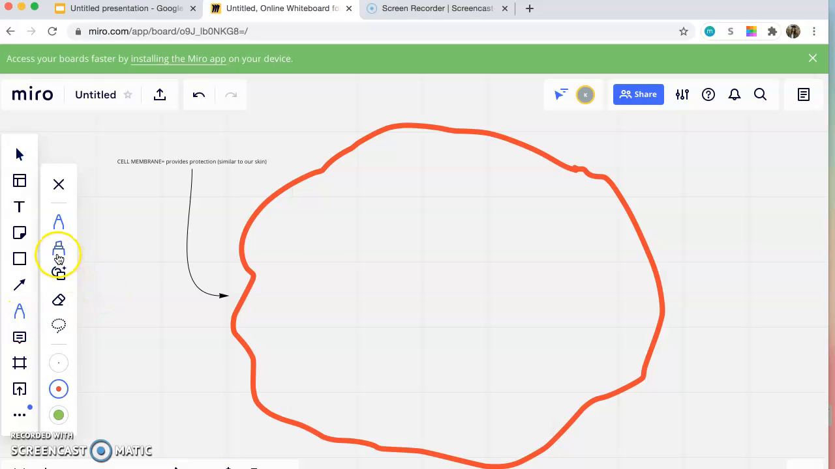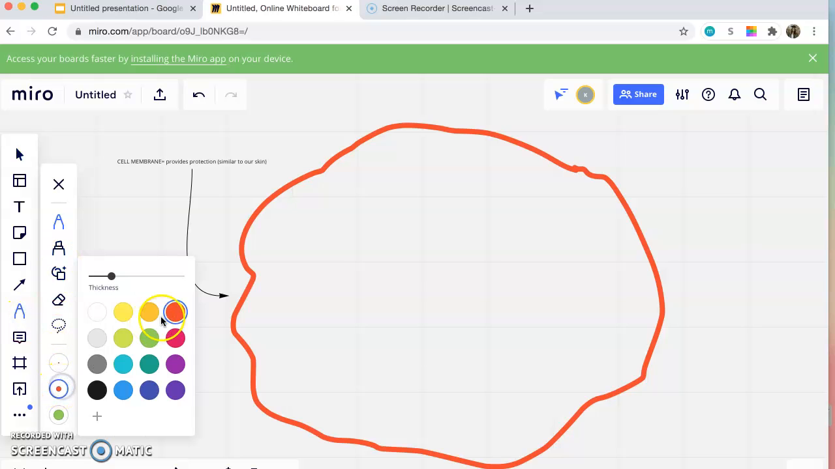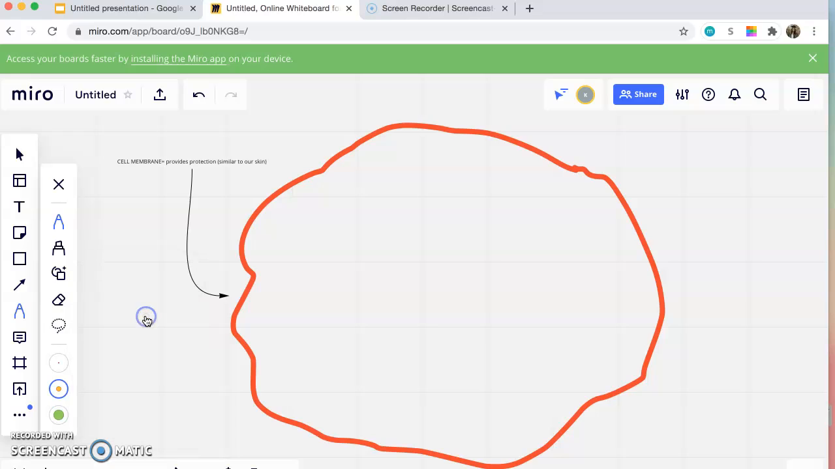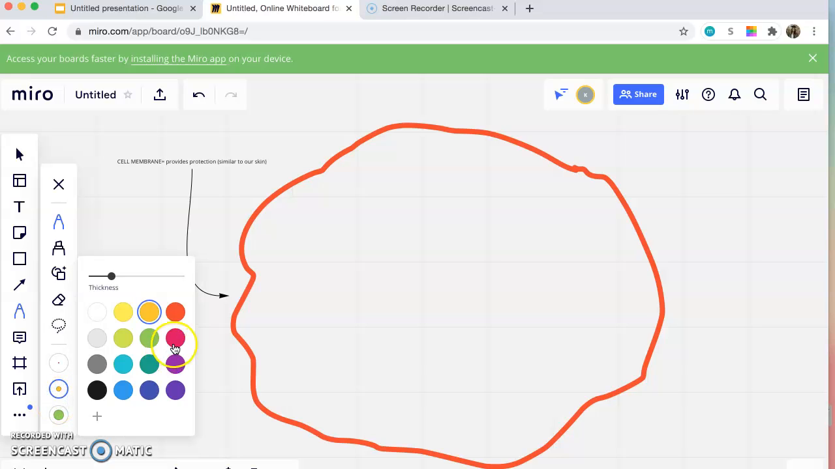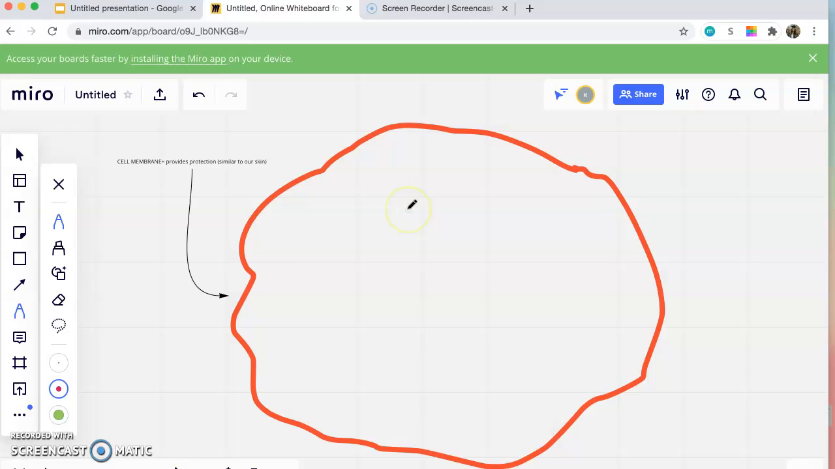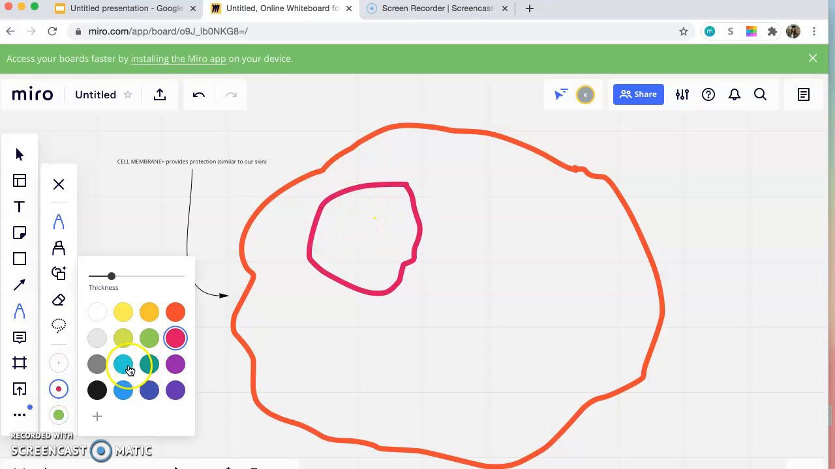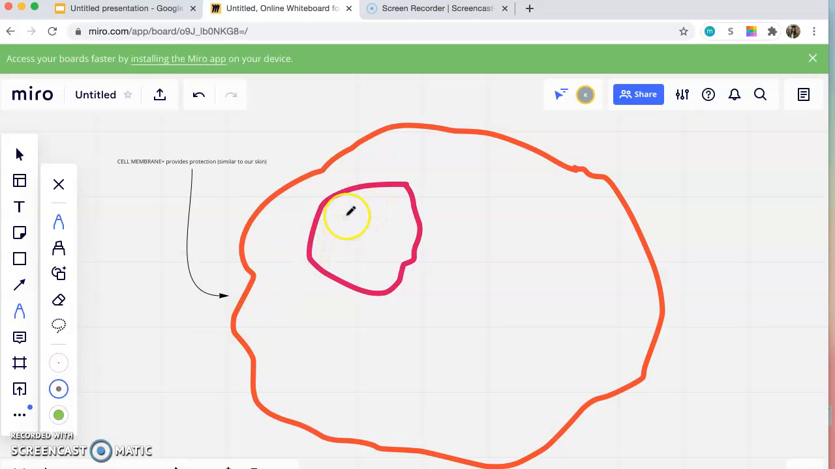Okay, so next we're going to then choose another color. So I'm going to go ahead, actually I'm going to save orange for another one. Okay, we're going to start off by drawing our nucleus. So our nucleus is going to be a big circular structure inside of the cell. And inside of that, I am actually going to draw some DNA because our DNA, if we recall, is inside of the